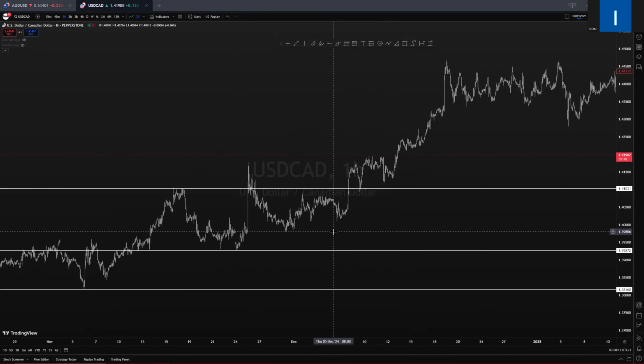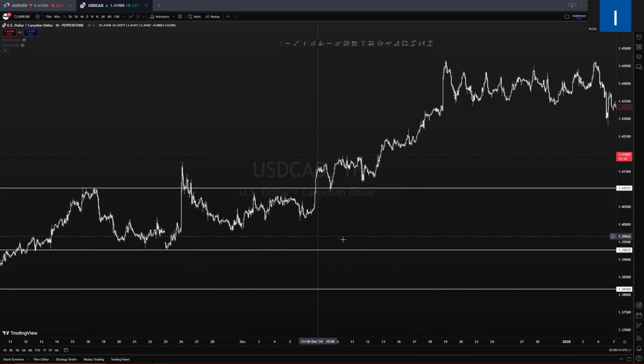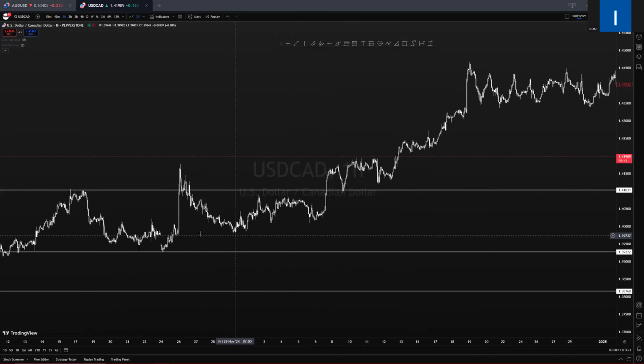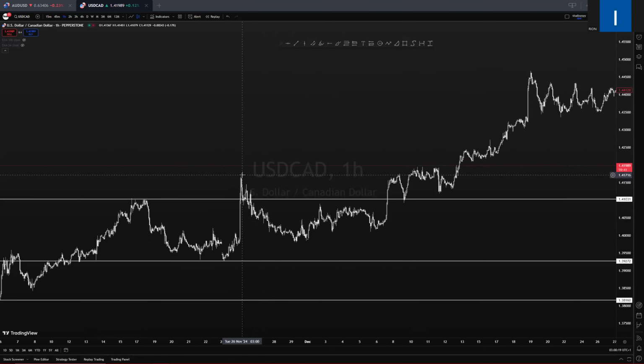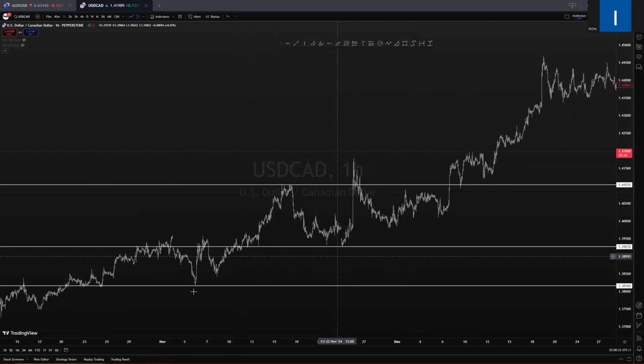Identify the trend on the lower time frame and make sure that you don't make a mistake and you don't miss it out. If you were paying attention to just your 15 minutes time frame, you probably would be stuck in this trend to the downside here, and think you're going to stay bearish always. But if you move to your higher time frame and you identify that, oh, we're in a bullish structure overall, then you now have an understanding to know that this is just a retracement or a pullback toward the